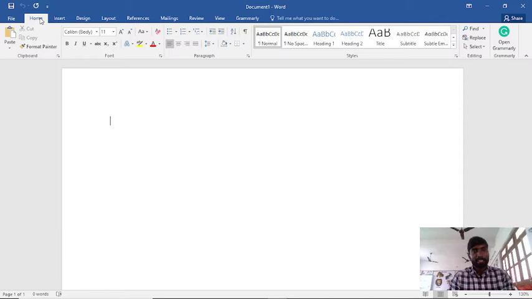In each tab we have a ribbon and each ribbon consists of groups. For example, clipboard group, font group, paragraph group, styles group, editing group. All of these groups are available in MS Word.